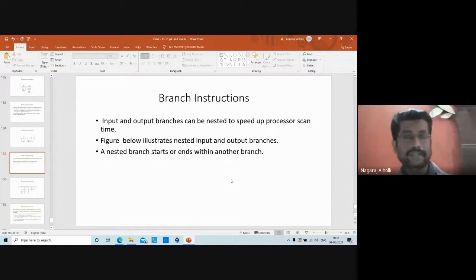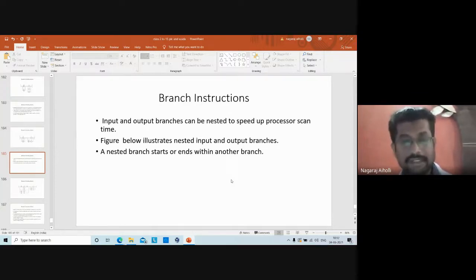Okay. So it is as good as that. If there are nested branches, nested means what? One branch within another branch, like the if else if statement. If there is nested branching, then the time taken for the processor to execute the instructions will be reduced. The processor speed will be increased. Lesser the time, more will be the speed. More the time taken, less will be the speed. They are inversely proportional to each other. Correct?